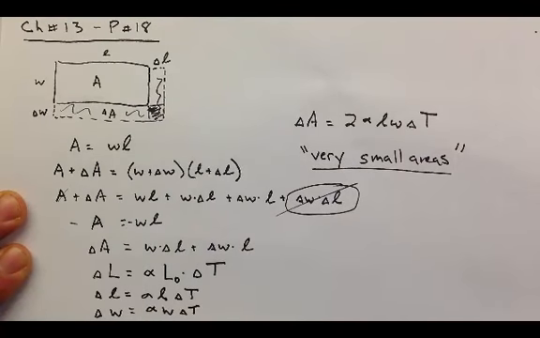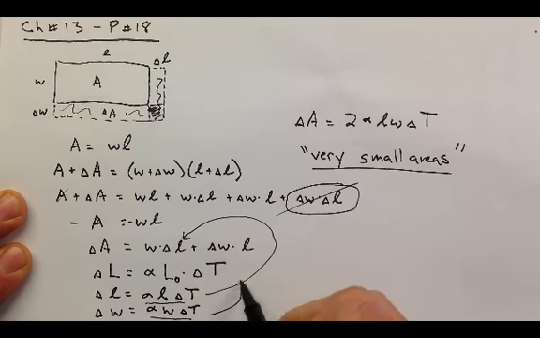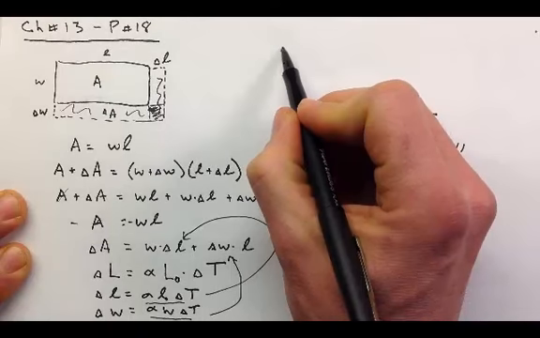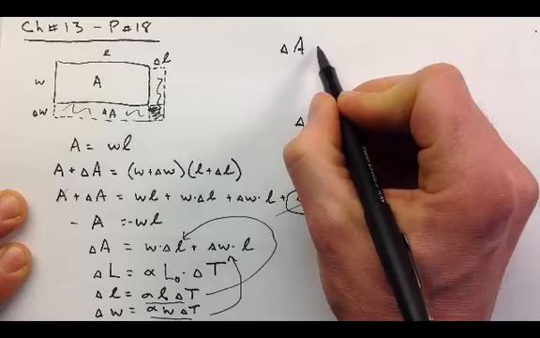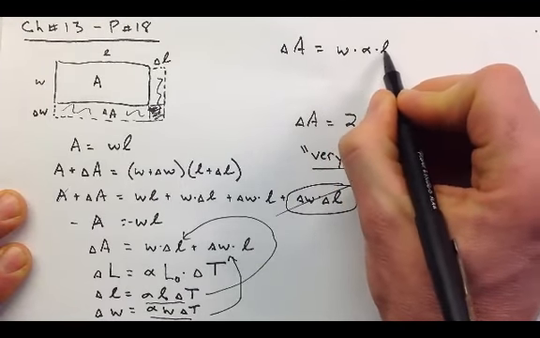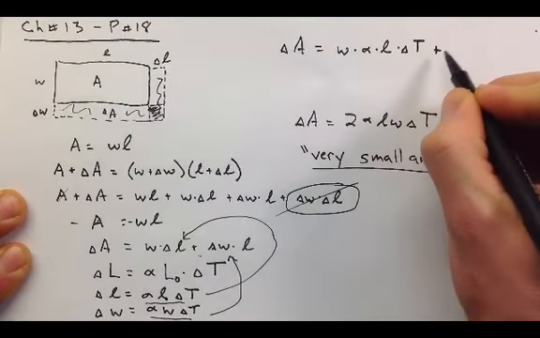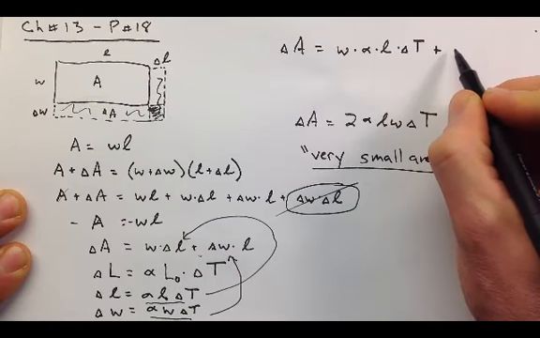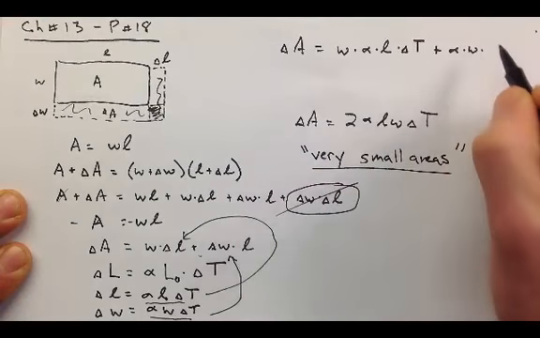So if we then combine this equation, in other words, take this and plug it in here for delta L, and then take this and plug it in for delta W, we should get the following, right? So I'm plugging this in there, and I'm going to get delta A is equal to W times alpha times L times delta T plus, let's see, hopefully I don't run out of room here, alpha times W times delta T